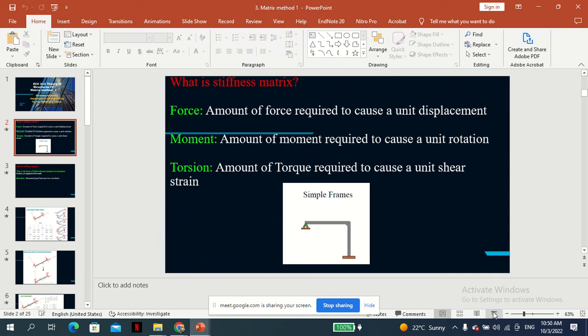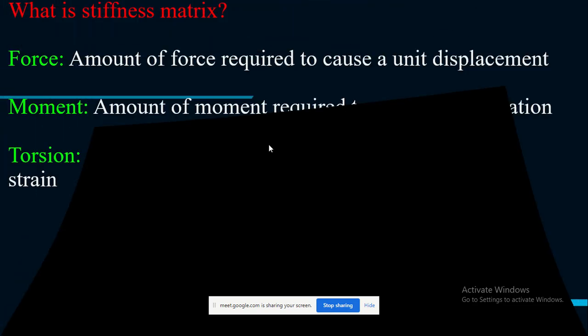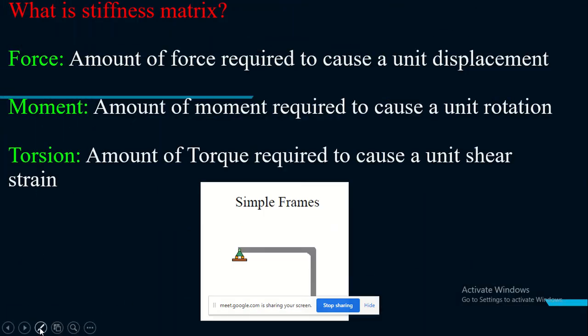Unit shear strain. Of course, you should have learned this from the first courses of structures. So if this is your structure, and however you load it,